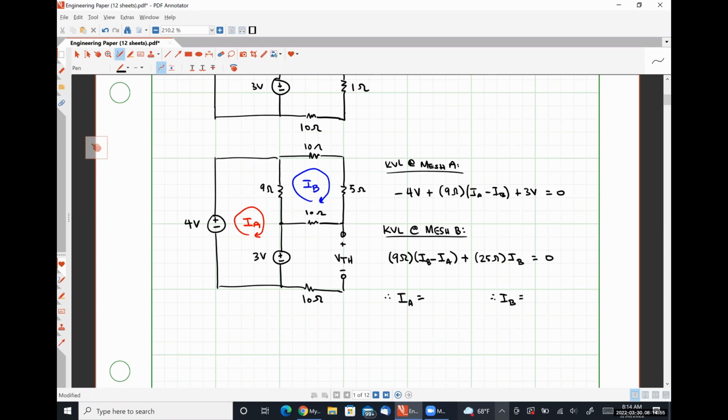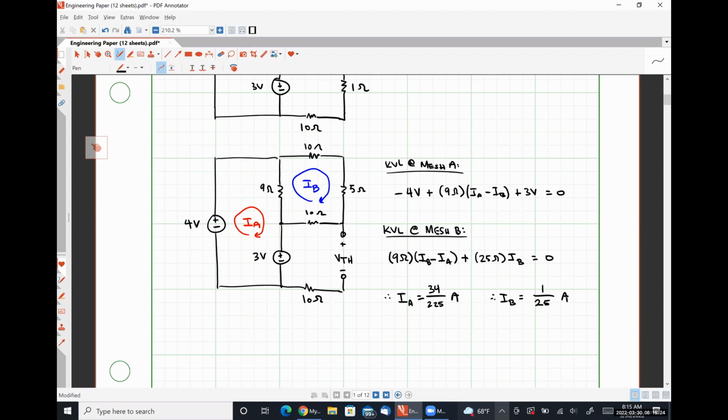Solve, and I find that IA is 34 over 225 amps, and IB is 1 over 25 amps. Anybody else get that result? Great. All right, so